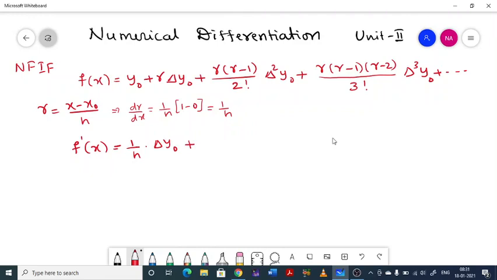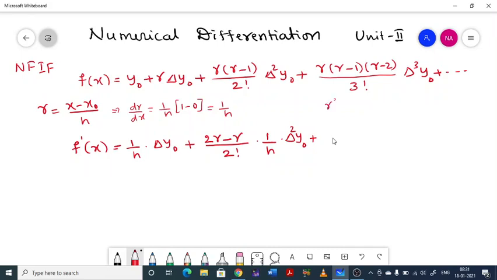That will be r into (r minus 1), so you can write it as r square minus r; differentiating, 2r minus 1 divided by 2 factorial into dr by dx, that will be 1 by h delta 2 y naught, plus here multiplying this you will actually get